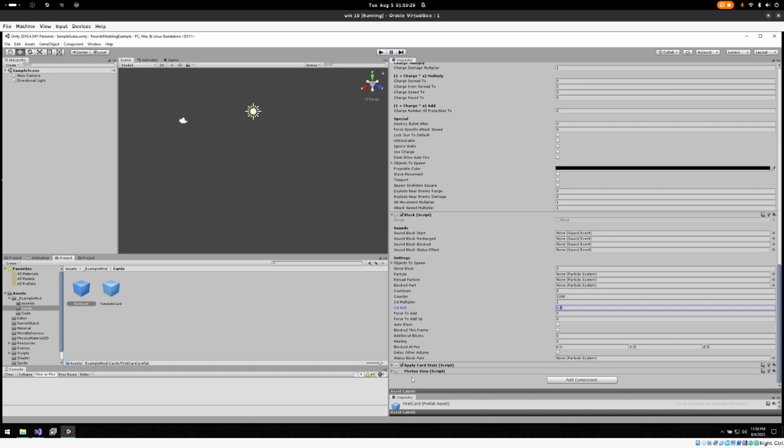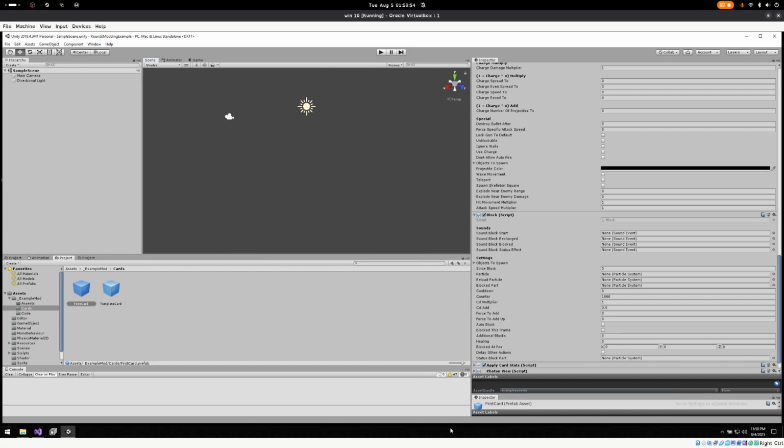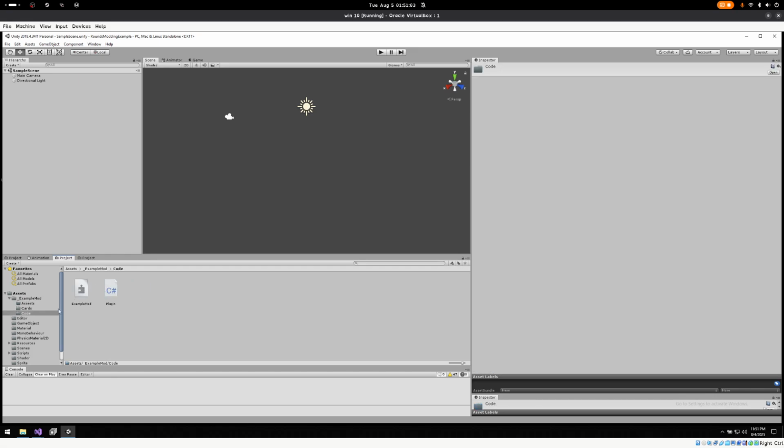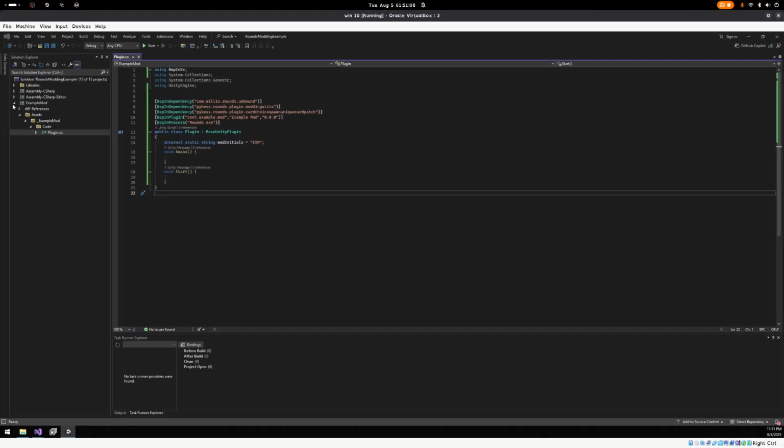And then down here is where it says asset labels. And asset bundle, I clicked here, I clicked new, and I created a new asset bundle called example assets. Okay, so what we need to do then is actually tell Unity that it wants to put this asset bundle into this file. So to do that, we're going to go back over to Visual Studio, and we're going to open